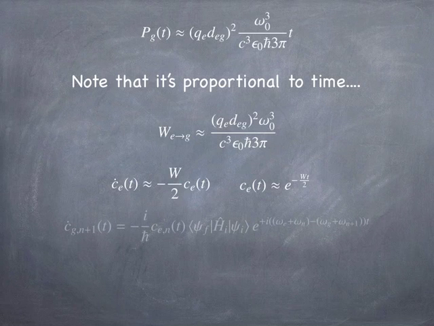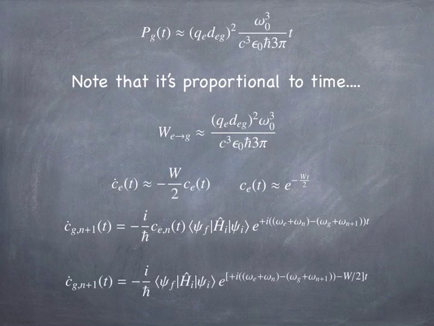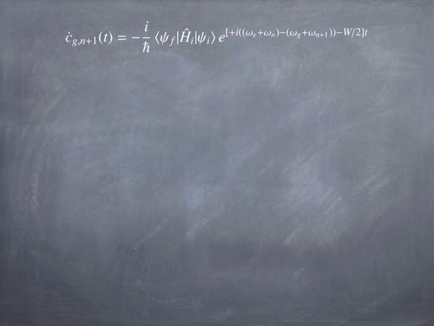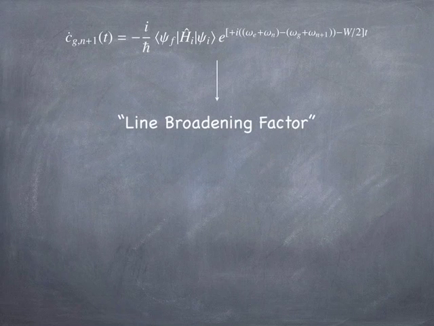You can then plug that amplitude back into the perturbation expansion and use it to correct for the time-varying amplitude of the excited state, and you get a differential equation that looks like this. But notice now there's an imaginary part and a real part in the exponential. And the short story is that when you grind through all of that and work out the answer,